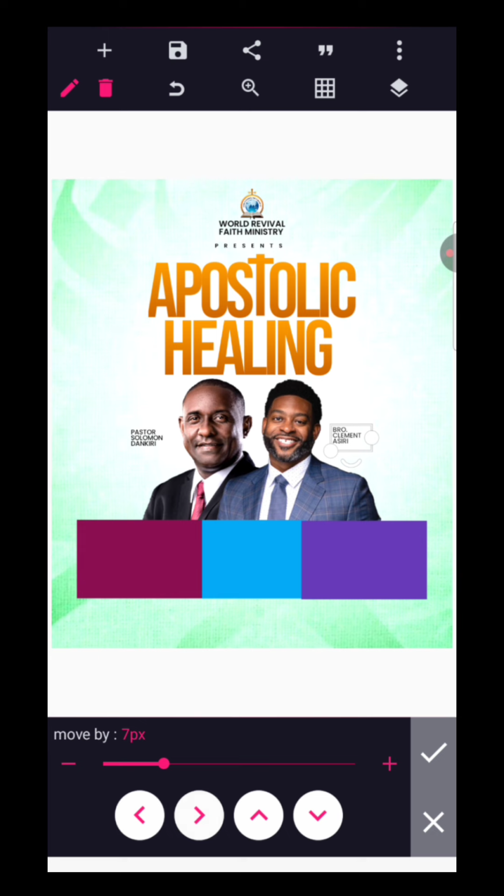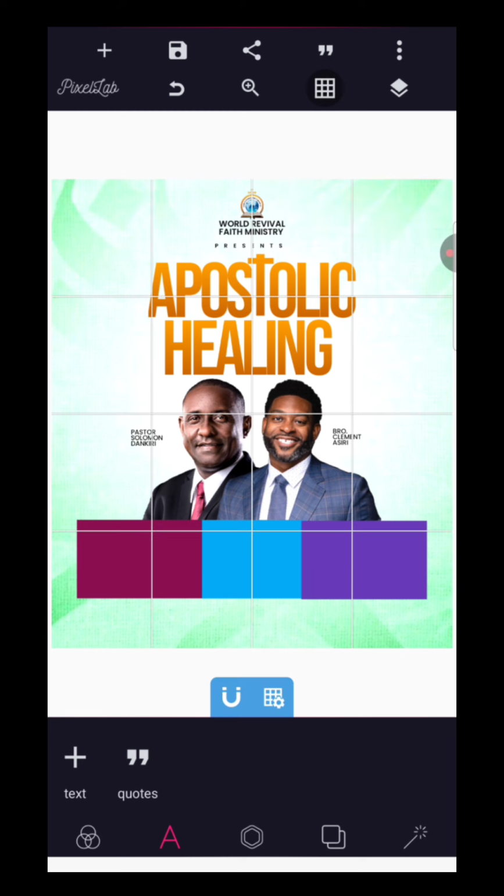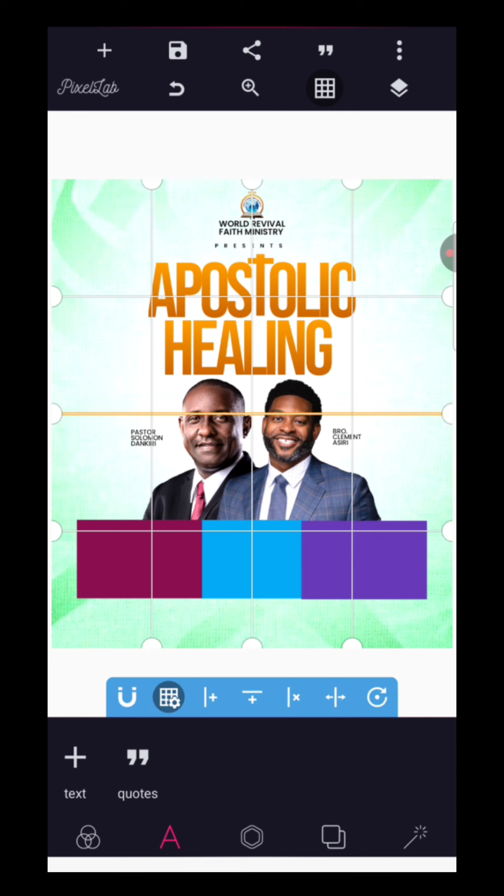And we are going to do our gauging here to make sure that at least the spacing is the same like the spacing here. So in order to get that, we can go to our ruler option or the grid option and check it to make sure that they are aligned. Okay,